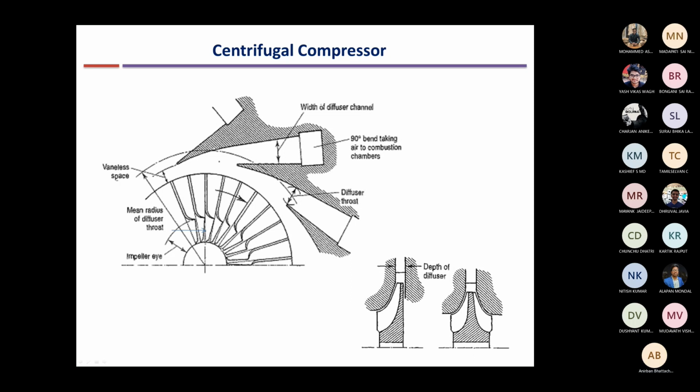Once the flow comes in, gradually its direction gets changed. So the flow comes in like this. This is the impeller eye. Now you can see from another angle, another section, and it gradually changes direction from the axial to the radial direction. In this plane, you cannot see the change of direction towards you to the screen, and then it gets changed along the plane of the screen. So the flow goes out along the plane of the screen.